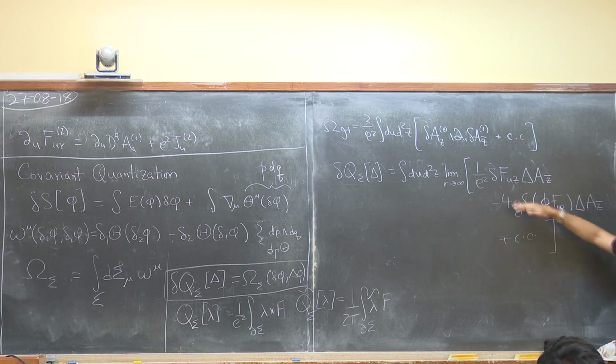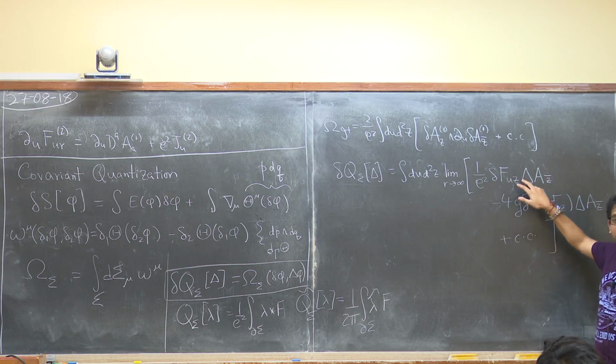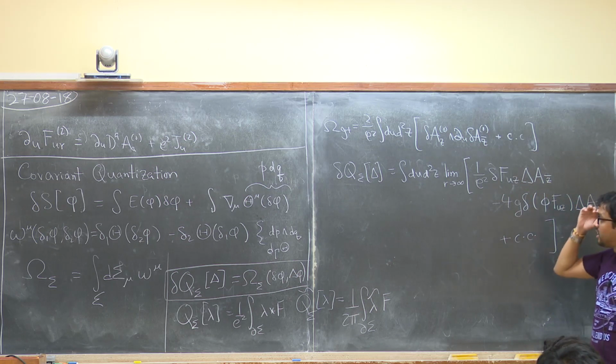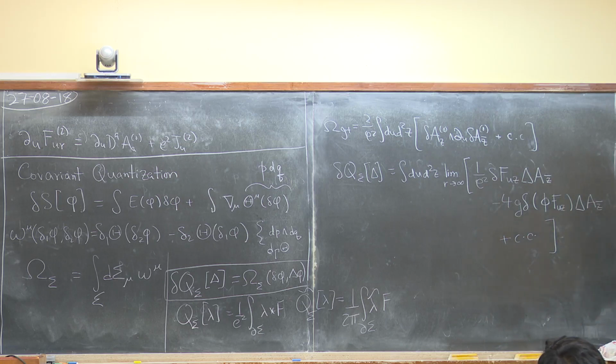Now immediately you might worry that this becomes divergent, because that's order 1 and that's order r. So I get a divergence from that. That's certainly not good. But I'm going to ignore that for the moment and keep writing it, and then see what we get. I'm going to take the limit r goes to infinity at the very end. So keep all divergent terms and see if we can cancel out the divergent terms in some physically meaningful way.